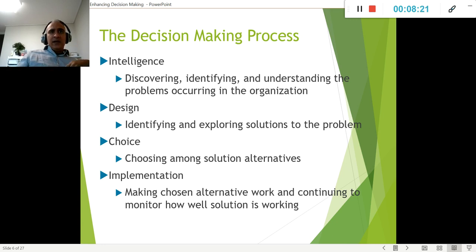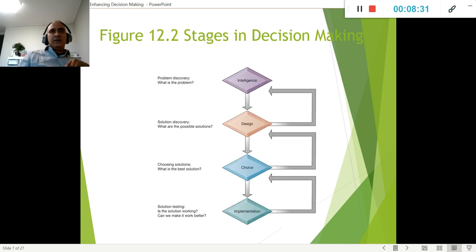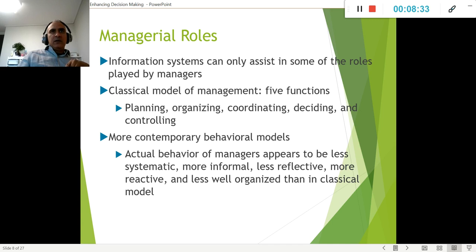Okay, so anyways, there comes implementation. We understand what was the best option on paper, and then in action is where we put it in, and then we see how it works. Okay, so anyways, we have the managerial roles in information systems. All this information is usually provided by some departments, and then come the managers that take strategic decisions.